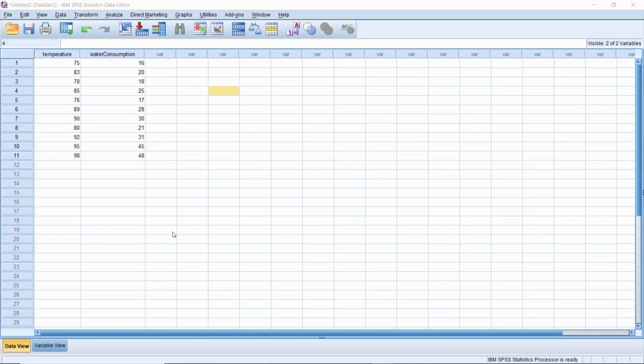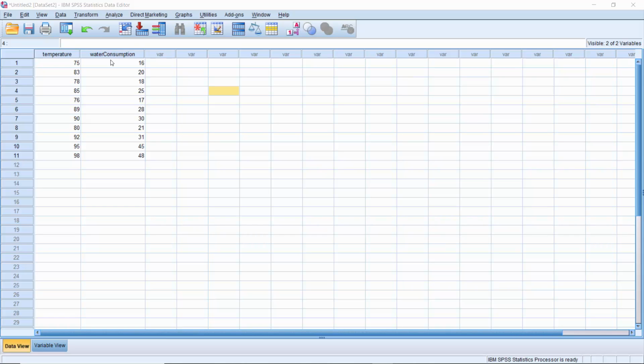In this session, we are going to talk about how to create correlation in SPSS. In correlation, we are going to consider the relationship between two variables. As you see here, we have temperature and water consumption. What we are going to do by creating correlation is check the relationship between temperature and water consumption. In this, we take Pearson R as the correlation, and Pearson R usually lies between -1 and